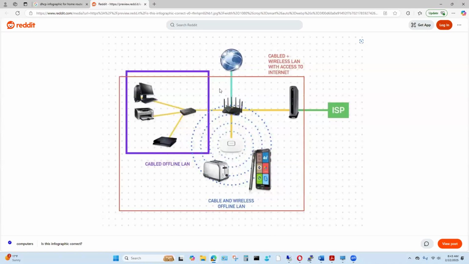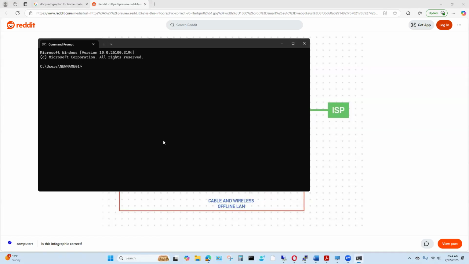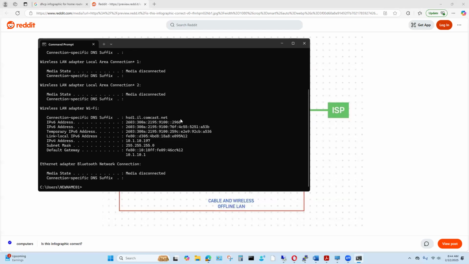Okay, so you have your home router. You have internet coming from your home router, and you have all these devices here, right? So what the home router does is it is the one that is assigning IP to your system. So if you bring up the command prompt on your Windows machine, type CMD in the search and it will come up. And if you type ipconfig, okay,